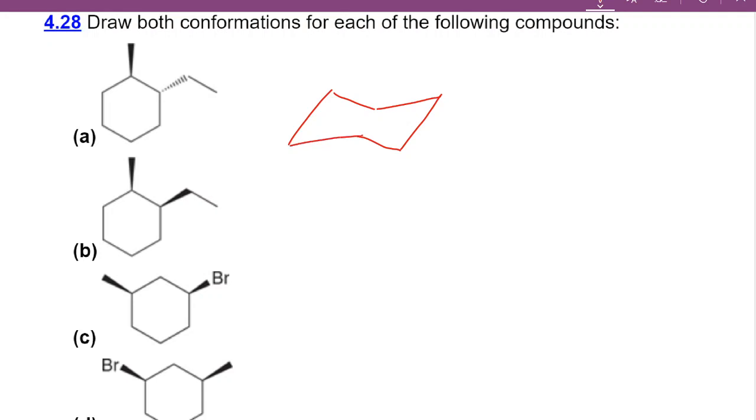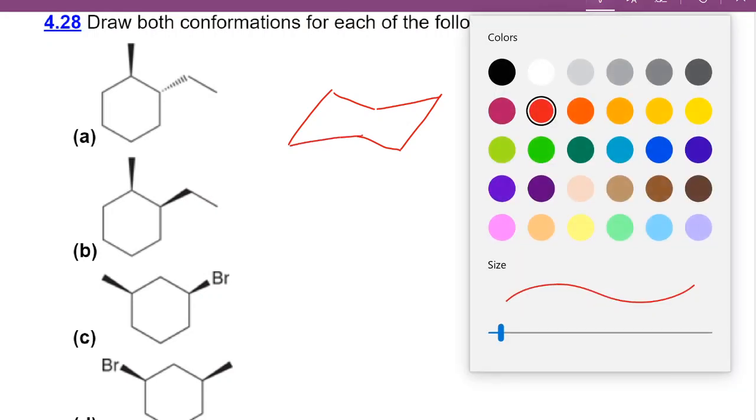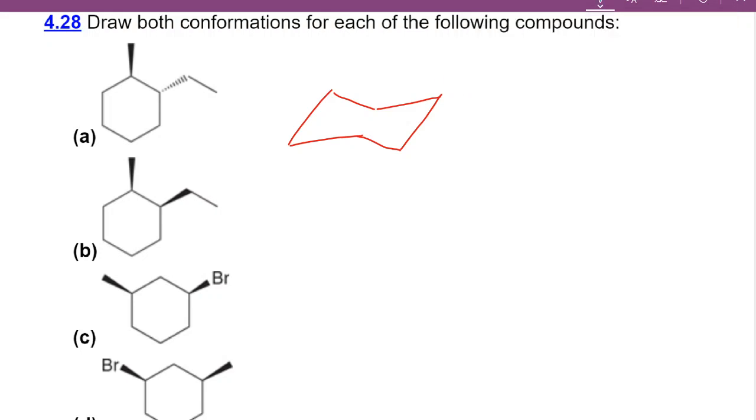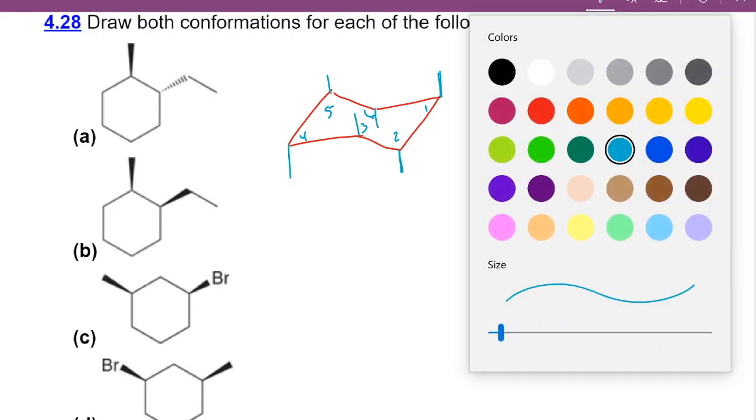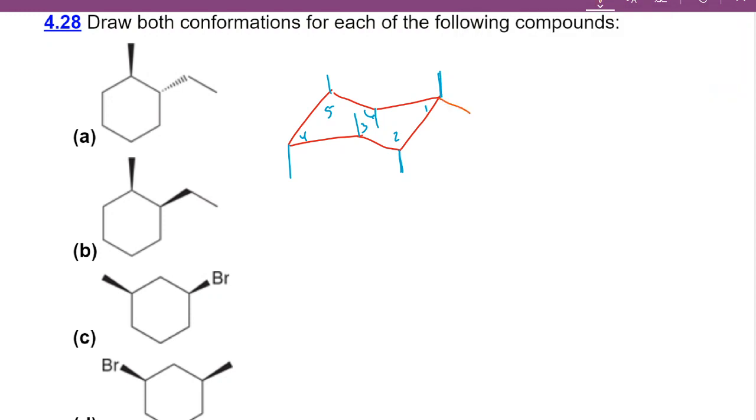Okay, now we start drawing the axial substituents up, down, starting at carbon 1. 1, 2, 3, 4, 5, 6. Let's number our carbons. So we start axial up, then the next one's axial down, then the next one's axial up, down, okay? Now we're going to draw our equatorial substituents down, up, down,